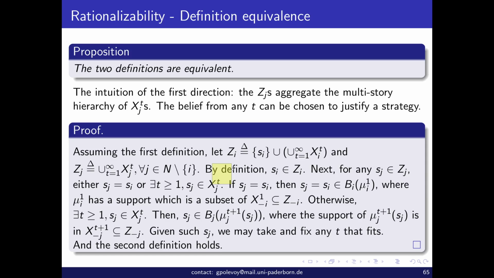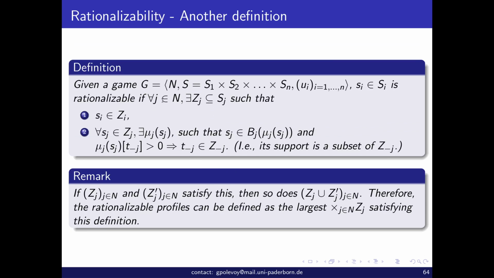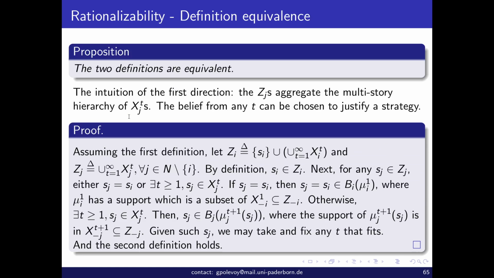Now we need to prove that, since Si is in the first condition, Si is in Zi. We have it by construction, because we constructed Zi as the singleton containing Si together with the other sets. We need to prove the second condition: for anything we can take in any j, j being either i or another, we need to show this thing being justified by some probability distribution formally.